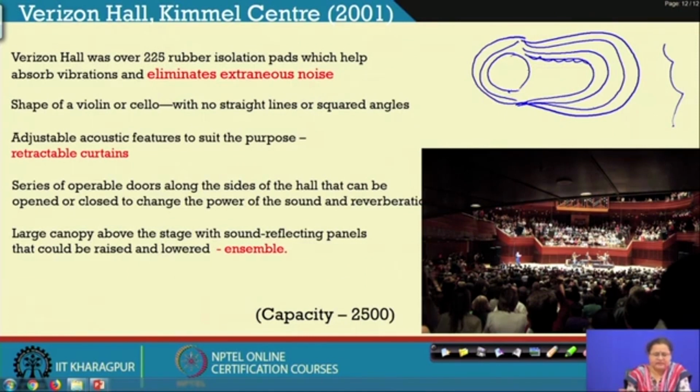These had adjustable acoustical features like retractable curtains to control the RT. It had operable doors on the sides, so that they could open some doors to allow some sound to go out and achieve a different reverberation time. So, these kind of new innovations were really added in this particular hall with a capacity of 2500 to achieve